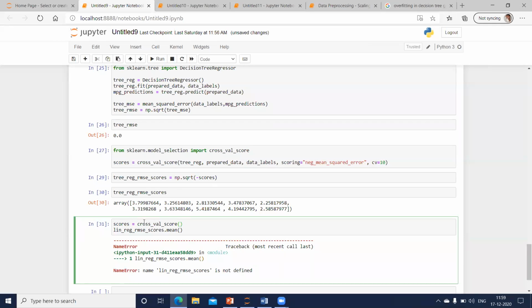Now, instead of using the tree regression values which we had got before, we are now going to make use of the linear regression values, comma, prepared data, the data labels,